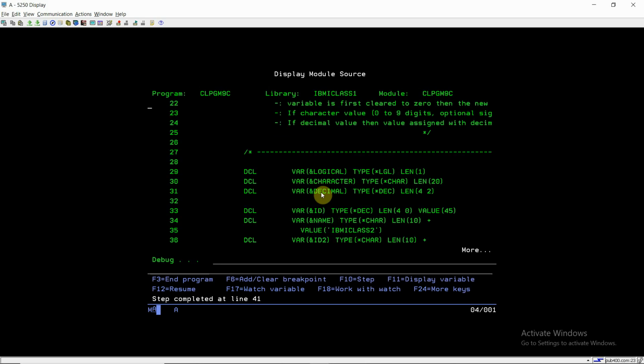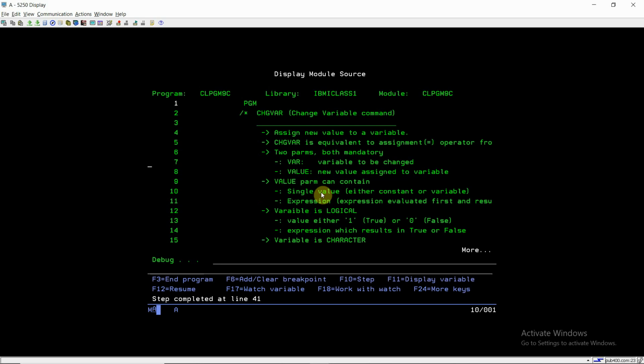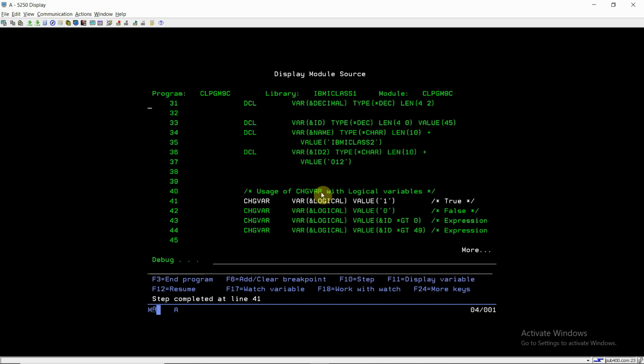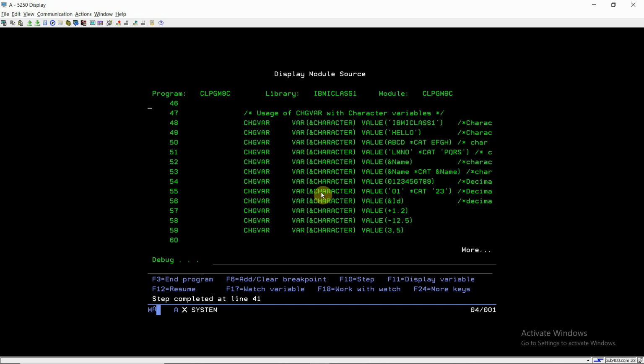So these are the variables which I took, which I will be evaluating, the logical, character and decimal variables, to give you the demo of the concepts I described above.